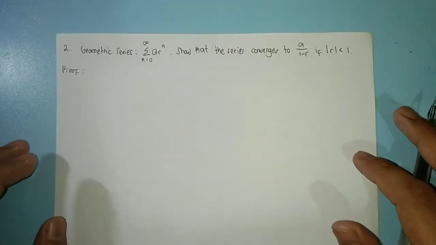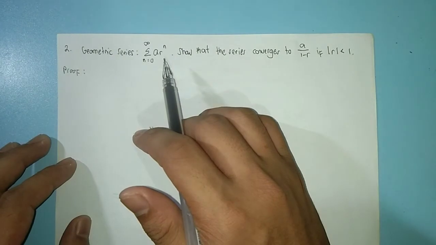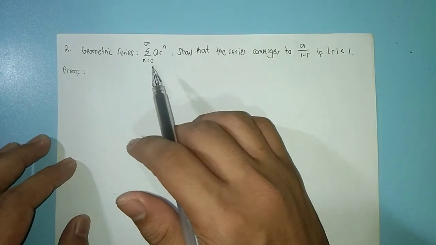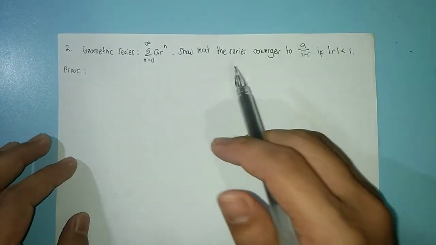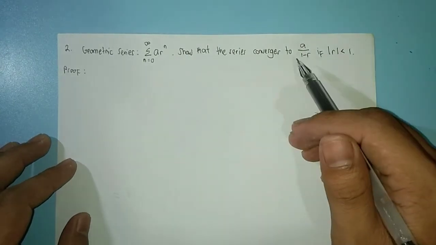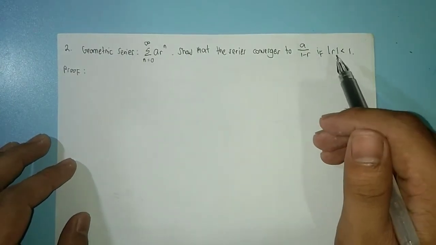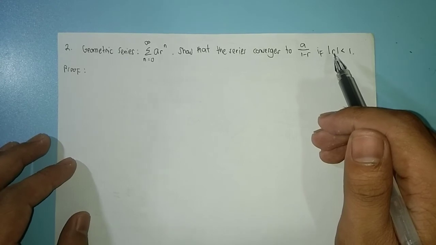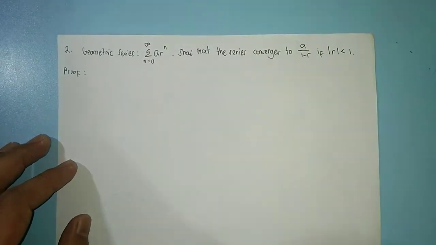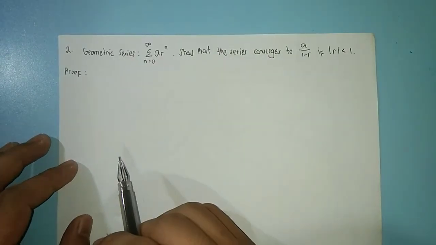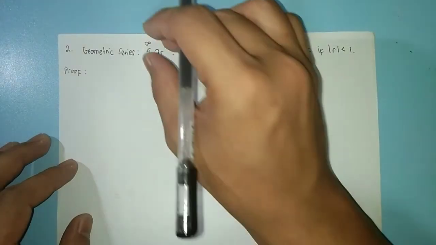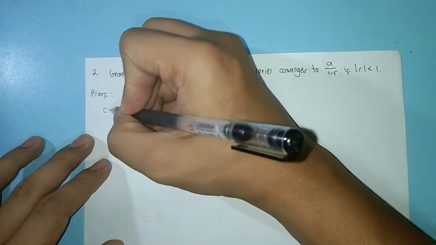Now let's have the geometric series. Summation of a r raised to n, where n is from 0 to infinity. Show that this series converges to a over 1 minus r if the absolute value of r is less than 1. Okay, so for our proof, let's again take the sequence of partial sums of this series. Okay, so consider